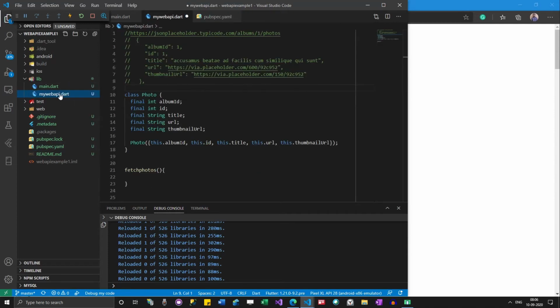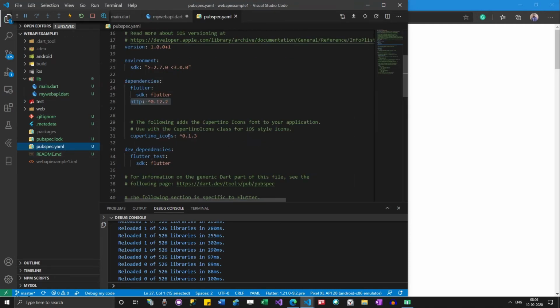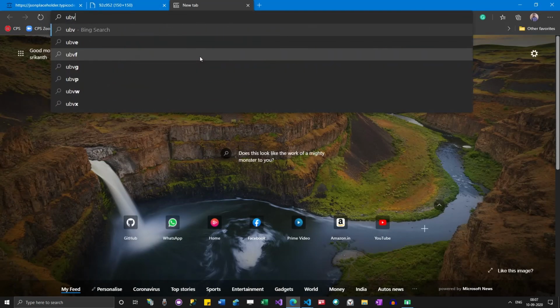There is no default way of doing it, so obviously we have to depend on a package. As per the Flutter documentation, they say to use the HTTP package, which is again developed by the Flutter team.